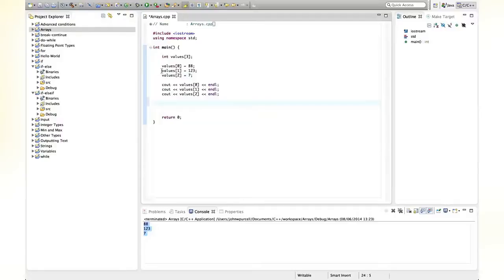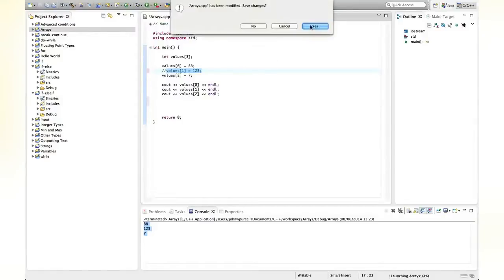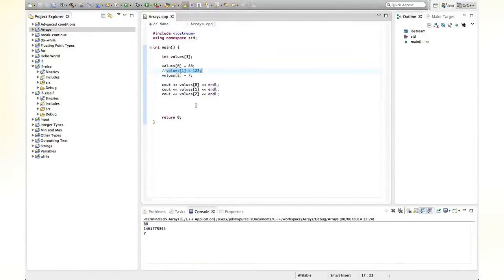Let's take a look at what happens if I don't set one of the values. So if I comment out this line, where I'm setting the value of the second element with index 1, because we start numbering at 0, then 1, 2, and run this program, you see for the element at index 1, we get just this